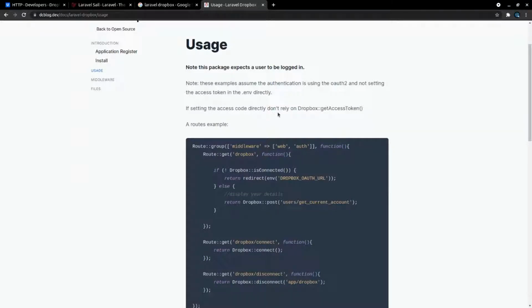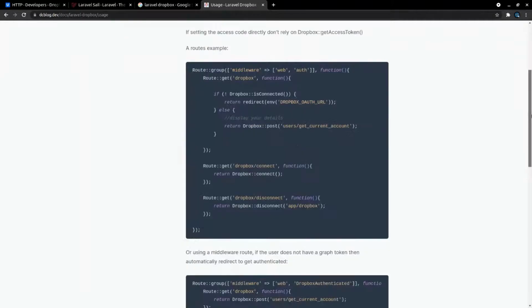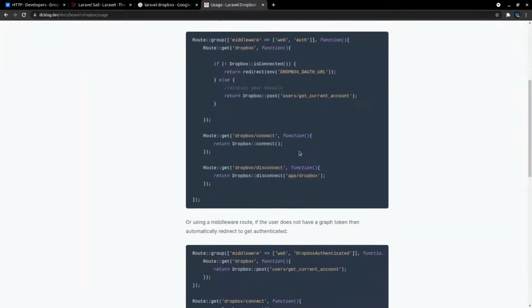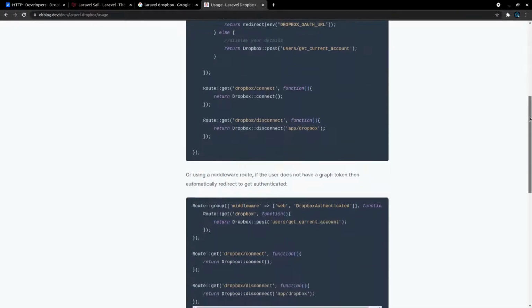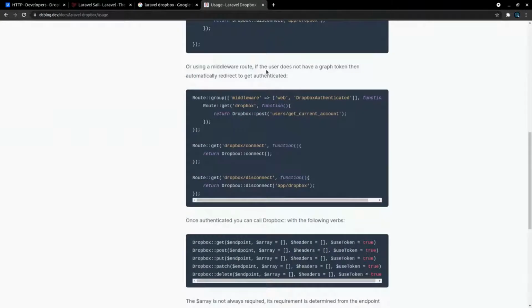If setting the access code directly, don't rely on Dropbox get access token. All right. Okay, cool. Looks like this is actually going to give us everything we need. It's like a wrapper around the API. If users that have a graph token, then automatically redirect to get authenticated.